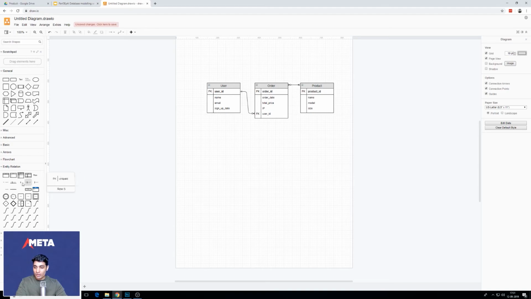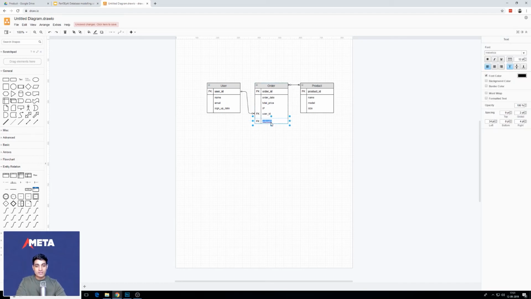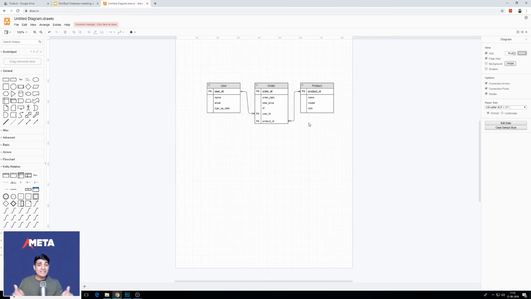So I'm just going to reintroduce this foreign key here. And this time I'm going to call it product_ID, right? And I'm going to drag this so that we know where the relationships are at, right? So again, in both instances, the foreign key went in the order table because the order table is on the many side of things. So if you look at all these tables, for you to figure out where the foreign key goes,